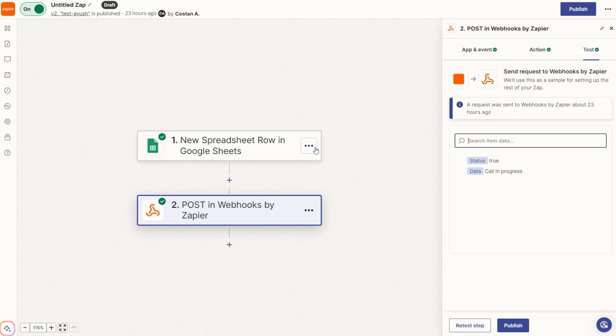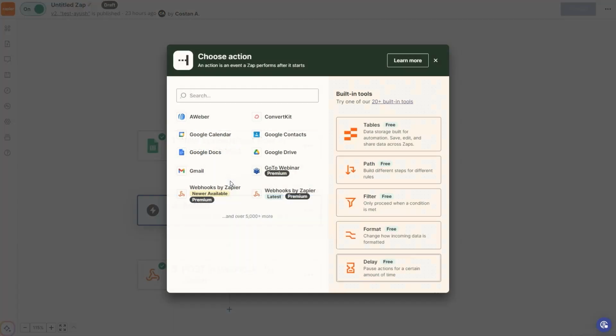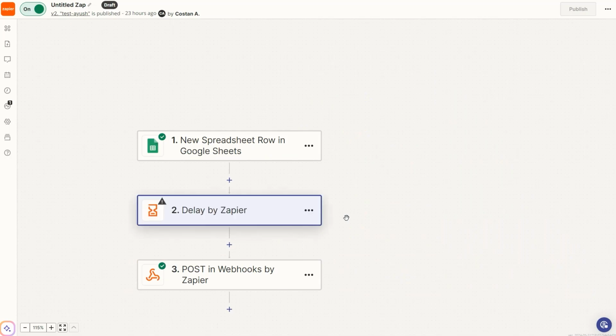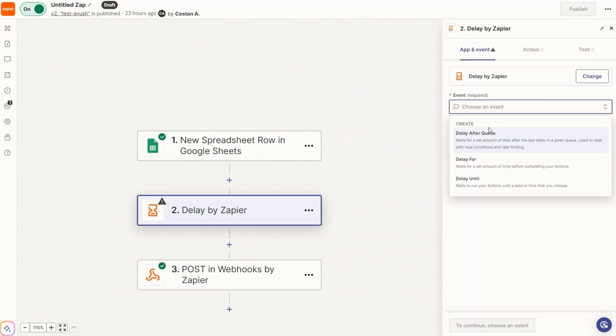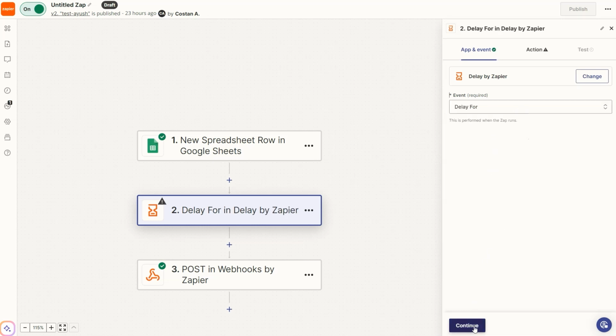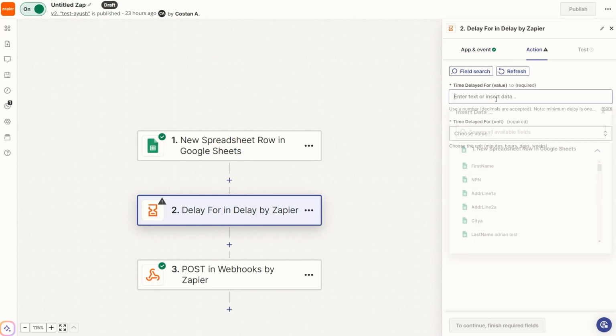So this is how you can easily automate sending your data, your JSON files through Zapier to the webhook that we provide inside CallFluent AI. Now, of course, there's a lot of other steps you can do, like filtering, delaying. Like, let's say you want to delay, right? The event delay for an amount of time, right? You want to delay between sending